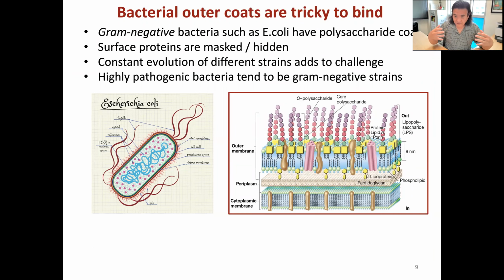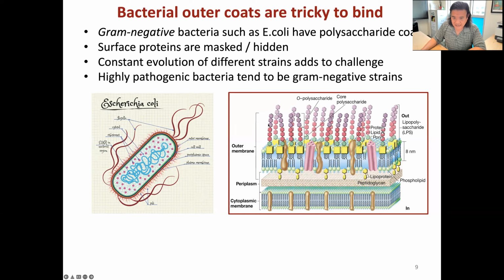Bacteria have evolved to be very clever in how they can avoid being detected by things like macrophages. The outer coats of many bacteria, especially gram-negative bacteria, have very thick polysaccharide coats on them. So here's an E. coli, right? And if you zoomed in on its surface, what you would see is you have this cell membrane down here, then you have this peptidoglycan layer, and then you have an outer membrane embedded in which are all of these